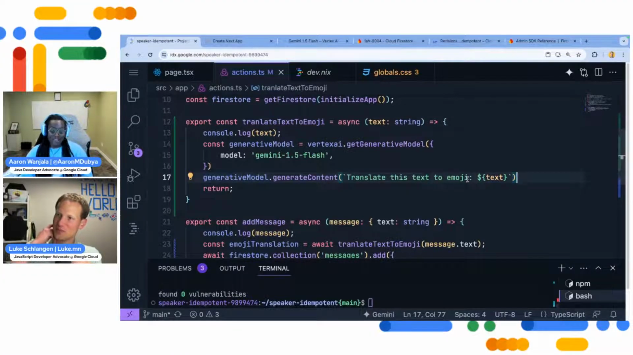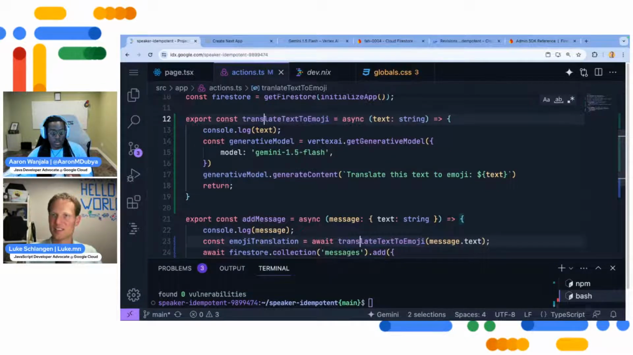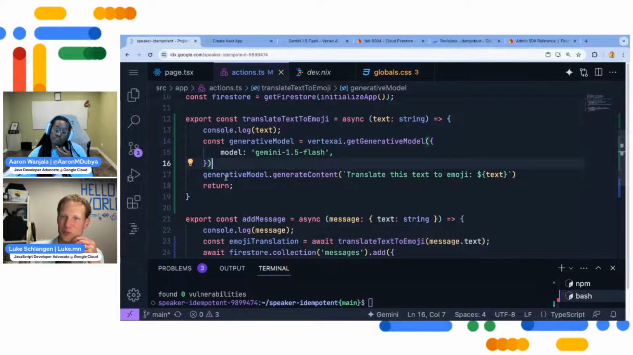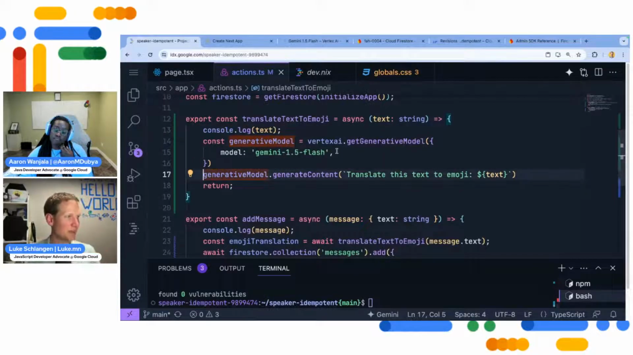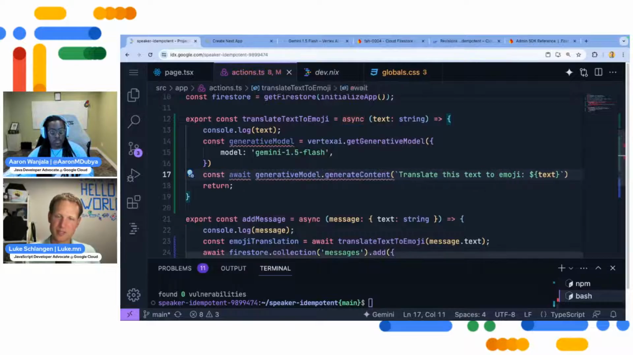That is emoji. Oh, and you know what? We misspelled translate on line 12, but then it spelled it properly on 17. Wow. Interesting. Cool. All right. And then I think we've got to await this. Yes, because it's a promise. Const